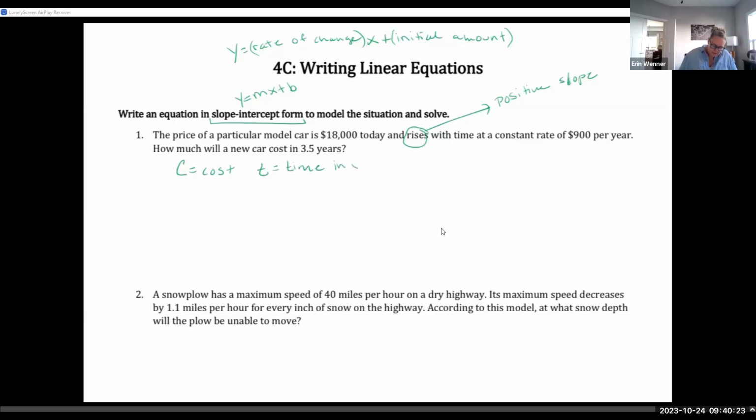So I'm going to say my cost is equal to an increase of $900 per year plus my initial value of the car. Another way we can write this, because you have a homework problem that sets it up this way, is you could say that the cost is equal to your initial amount plus the increase, the 900 per year. So again, it's possible that you will see it written that way in your homework. The problem I'm talking about, as long as it's still the same as what it was,